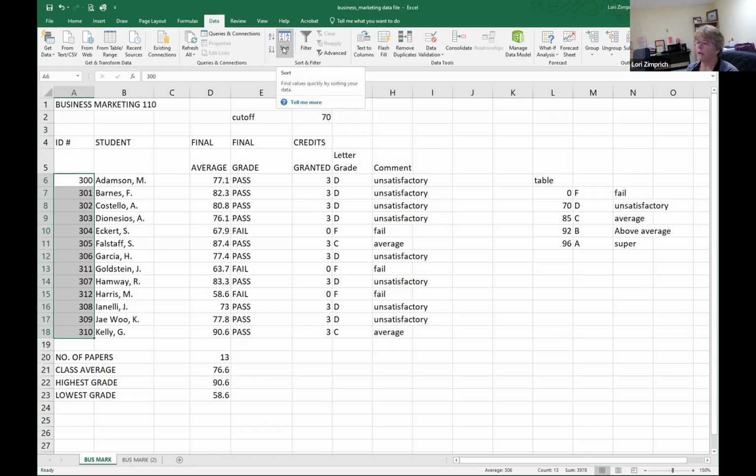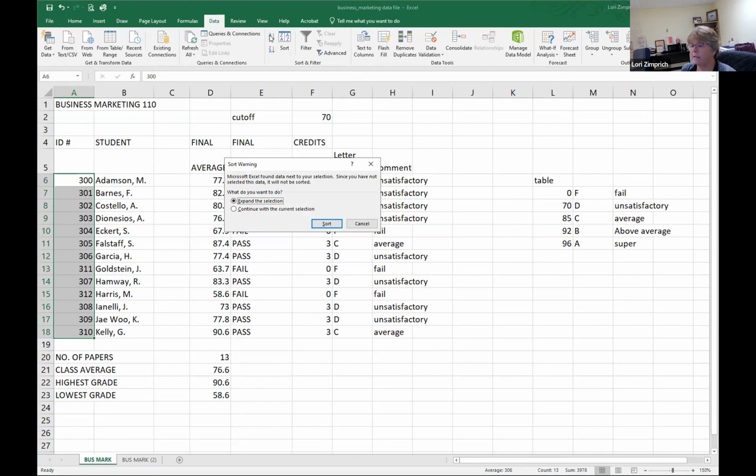You can rearrange columns. So we'll get to that, okay? Basically right now, I just want to sort this information based on student ID. So I'm going to sort it A to Z, which is smallest to largest. What's going to happen when I click on these,